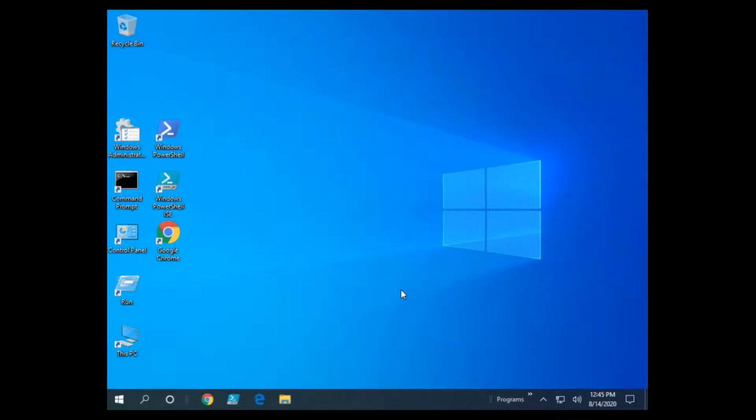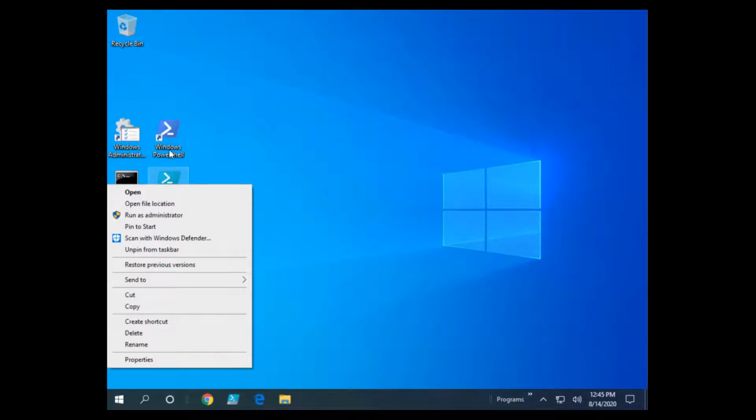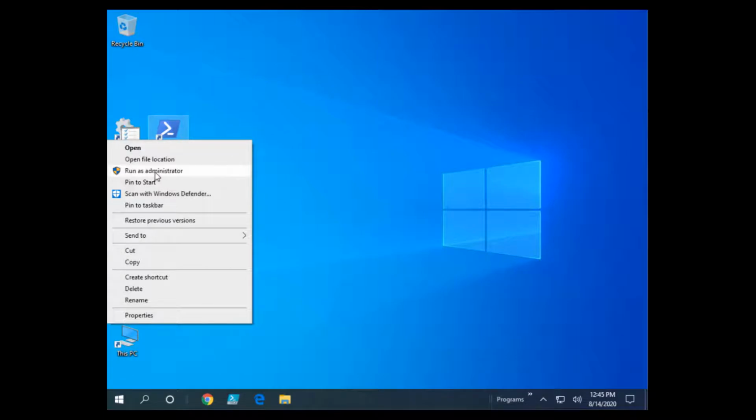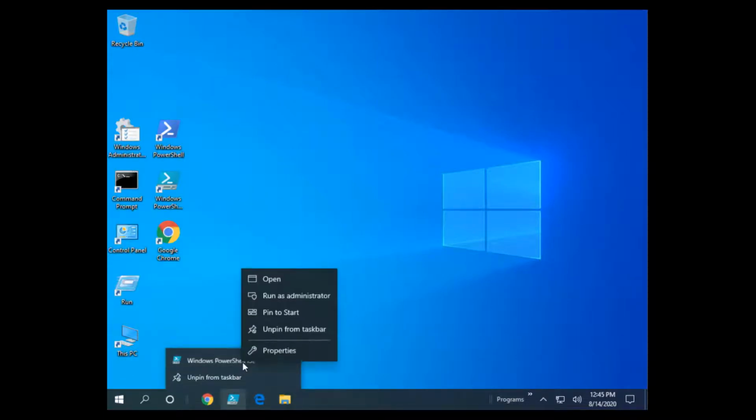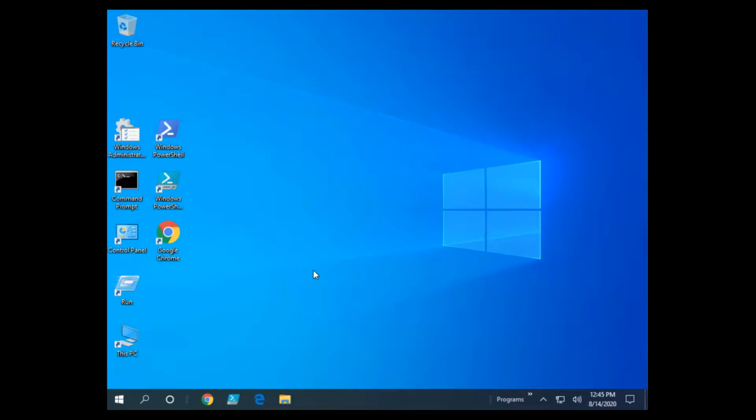So now what we need to do is set up the ability to run PowerShell scripts. That's very important, and to manage Active Directory. So about that PowerShell, I need to launch either ISE or PowerShell as administrator, and I can do it from there on my desktop. I can do it from down here. If I right click, I can run as administrator too. Any way you want to do it, but you will need administrator privileges for this